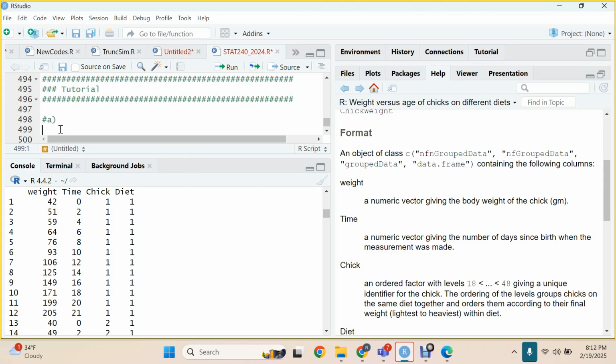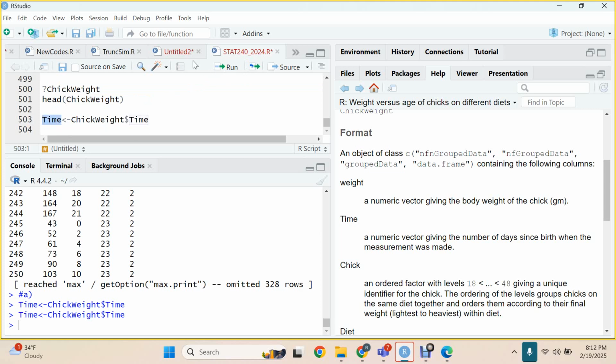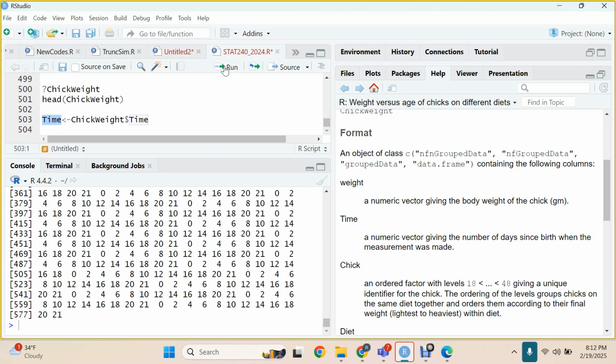So the time, if I want to look at time as this, I can select all the times. Okay, ChickWeight, time, right? Now, if I do this, it's going to select all. Oh, sorry, I should have come down a bit. It's going to select all the time. So I'll get a long vector if I look at it. But that's not what I want. All I want is